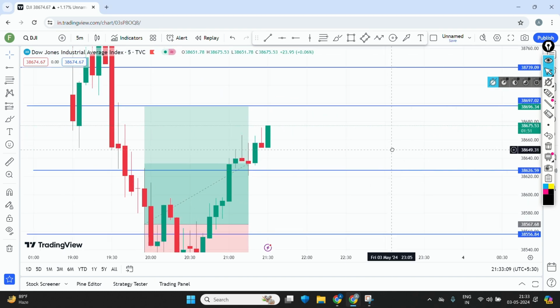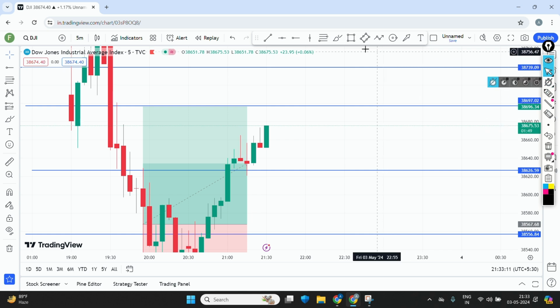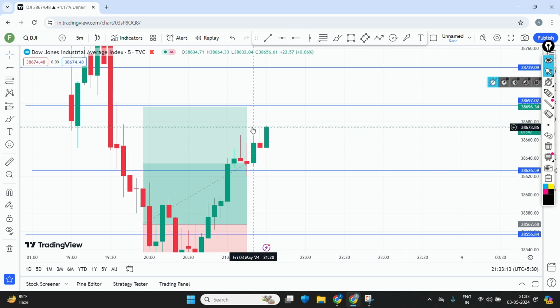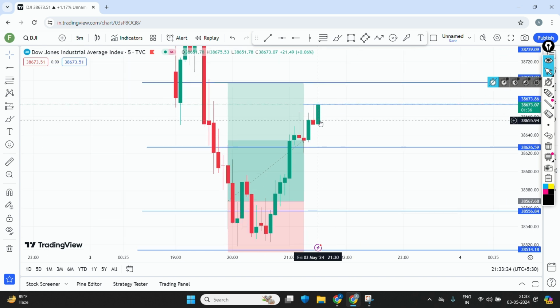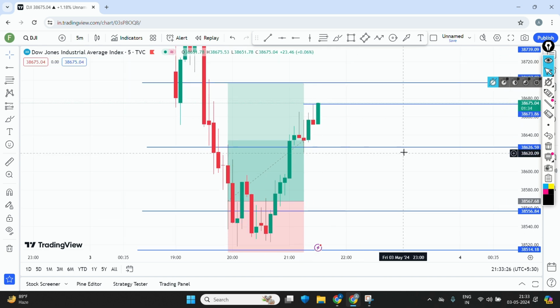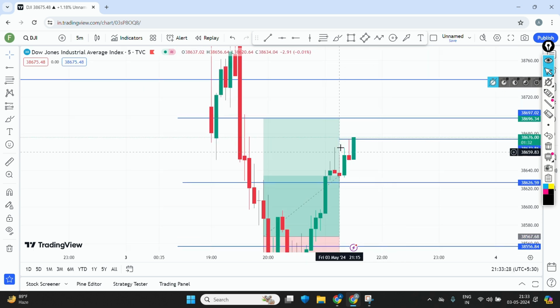Now the market just broke this high, and let's mark a level over here. If the market closes below this level, just be conscious. Okay, just be conscious. Now it's breaking upside. If the market breaks this high, then we are confirmed that this target is about to come. If the market doesn't do that, we are going to exit at the current candle.